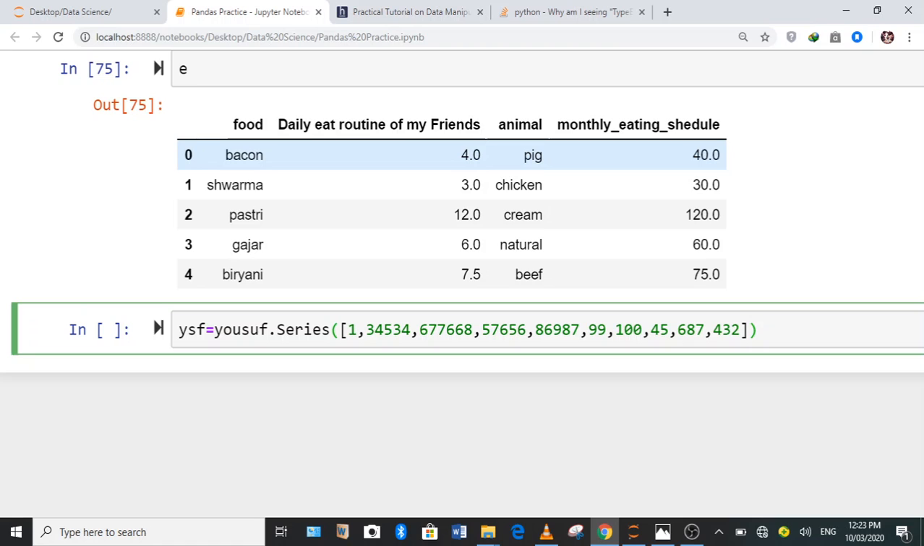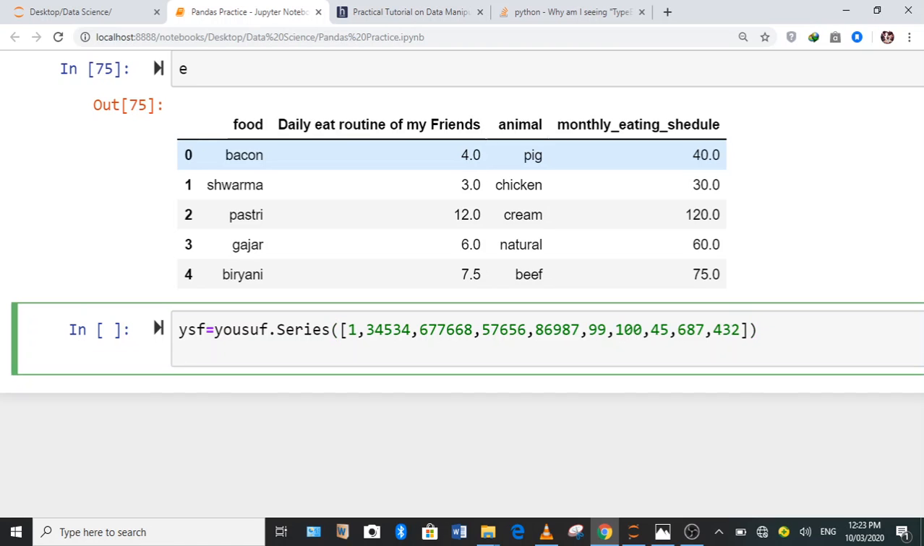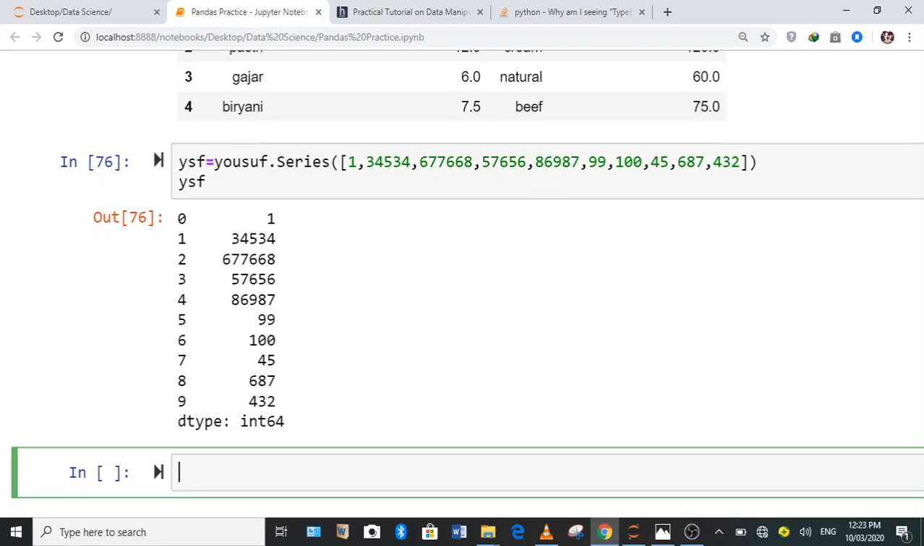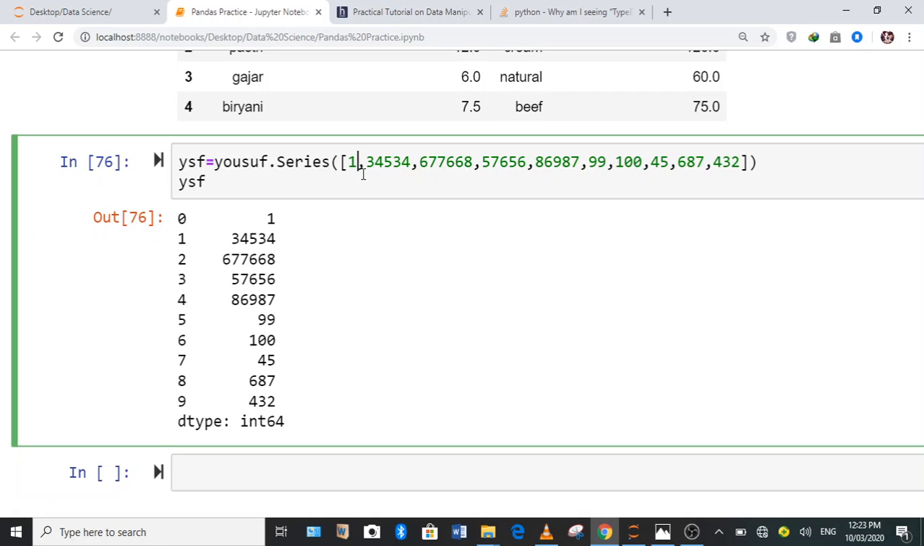Okay, so I created my series. I have created this series. Here you can see the series I have created. So in this way you can create a series of any integers or strings or floats you want. You can also make a series of strings. I type here